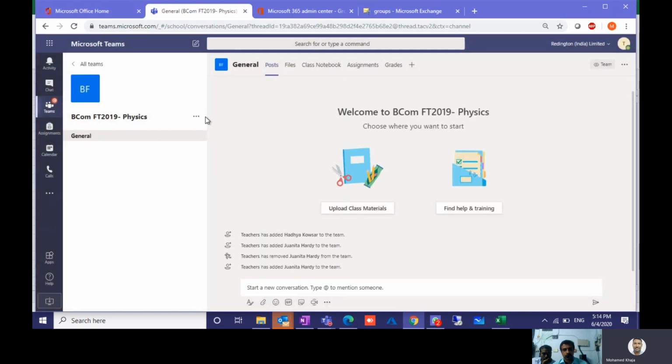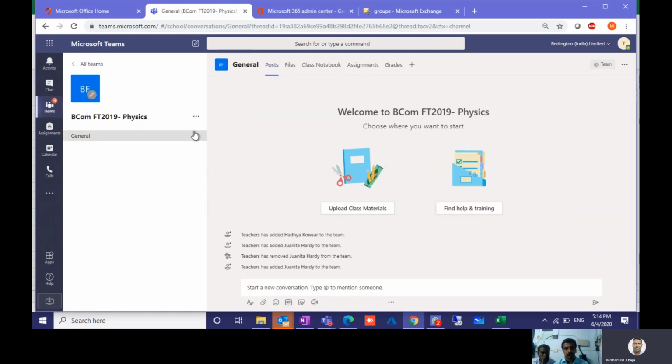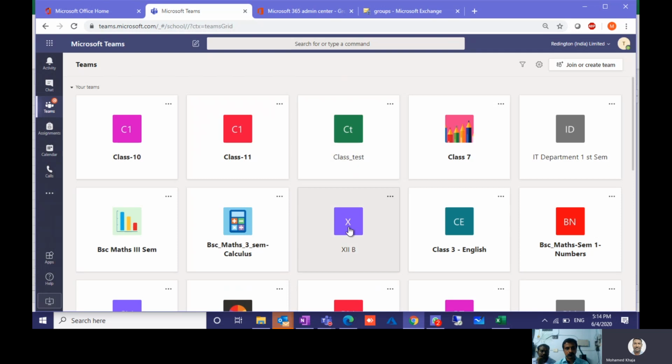When you go to members, you can see this is the teacher in the members. So we will remove this teacher from the members. Now you can see the physics teacher and the principal here, or the admin. Other members will be included. Likewise, you can create one class subject, and then you can copy that, so that it will be very helpful for you not to add each and every time.